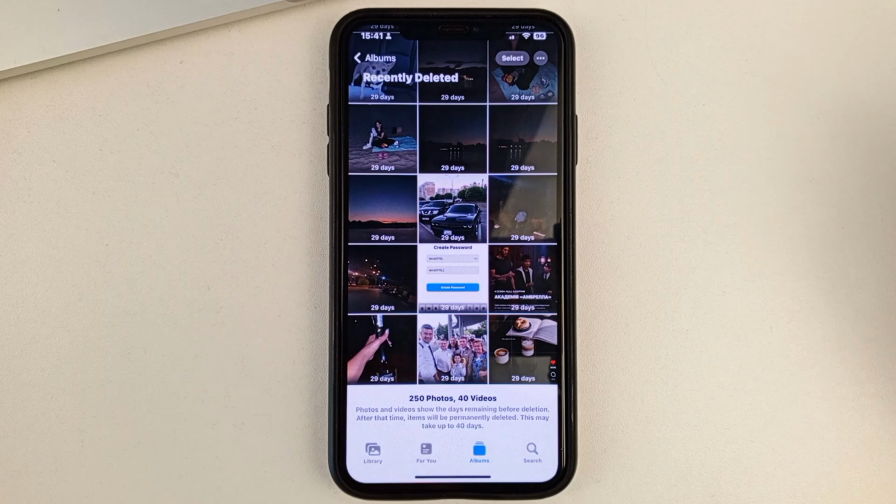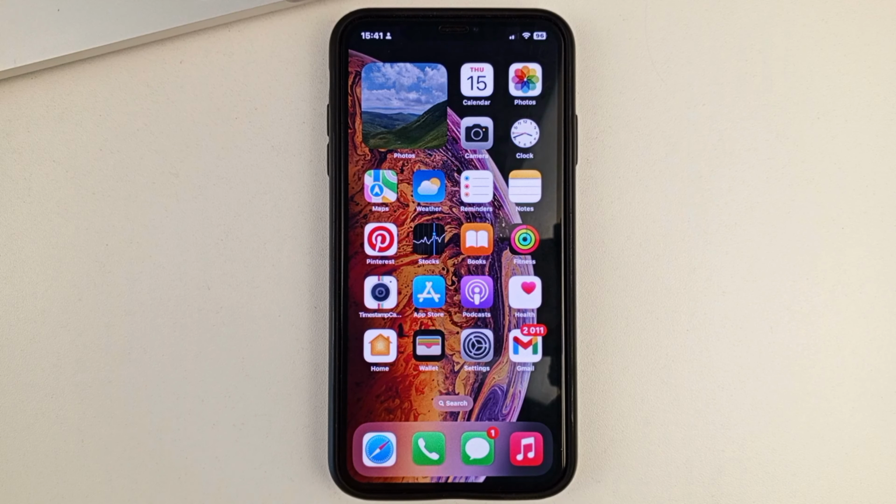If you want to delete several or all of them, you'll have to click on the top and select. And now you select the files that you want. And then at the bottom click on the three dots. Then delete. Confirm your action. This way you will delete absolutely all the photos that are in your gallery trash can. This is the way you can find the baskets on any iPhone.